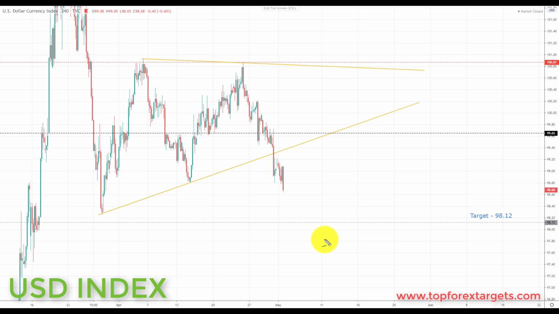So going into this week, we would favor short positions in terms of US dollar. What we'd like to see is a pullback in the dollar, and any pullback in this area would be a great place to start to look for further declines to the downside in the dollar index.